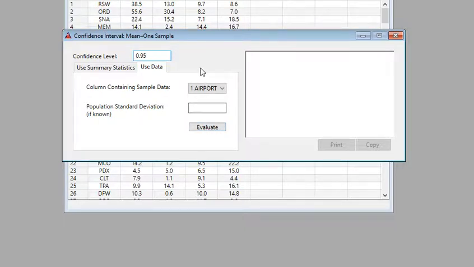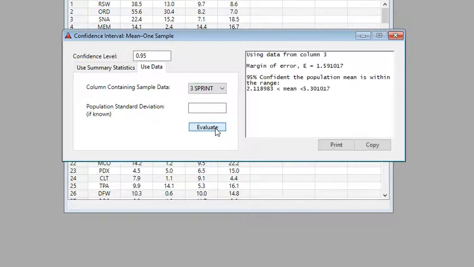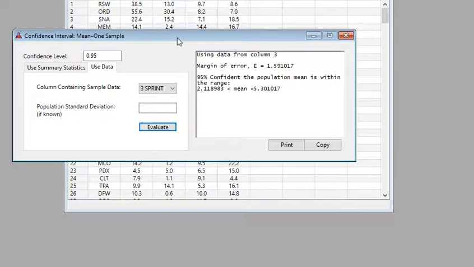And let's see, we wanted Sprint. So Sprint is in column 3. I have no idea what units this is in, so I trust it's in like megabits per second. Yeah. So we can be 95% confident that the true mean data speed for Sprint is between 2.1 and 5.3 megabits per second. Let me write those numbers down, and then we're going to do a little bit of an